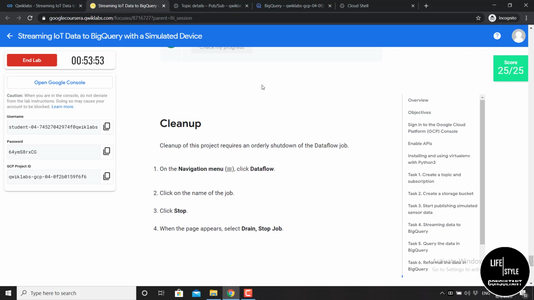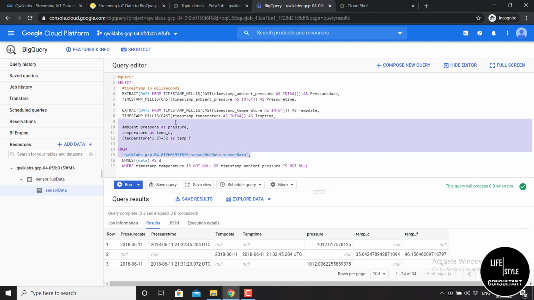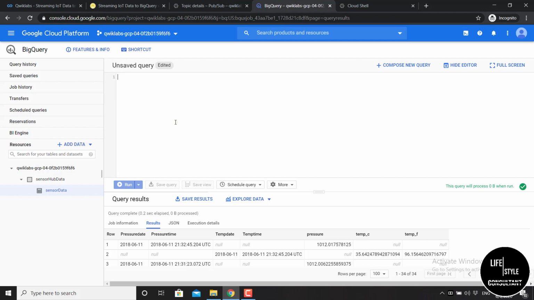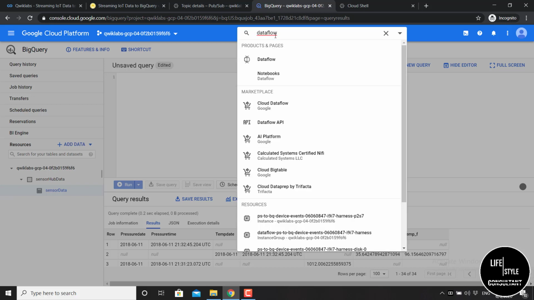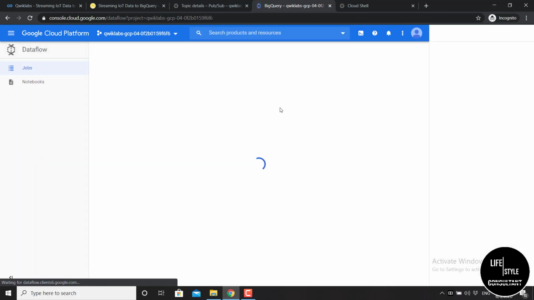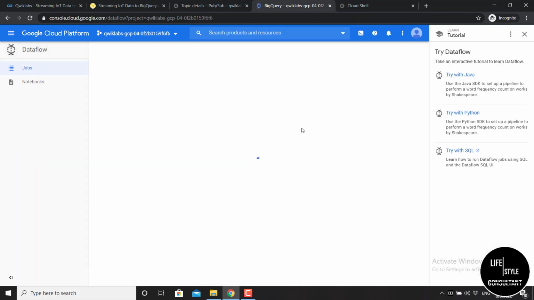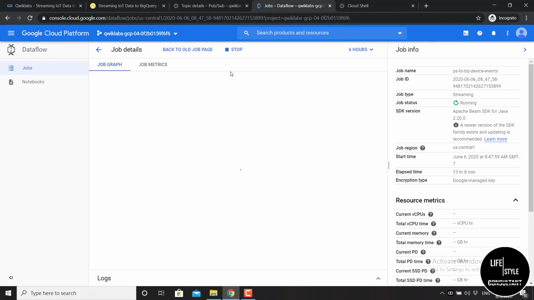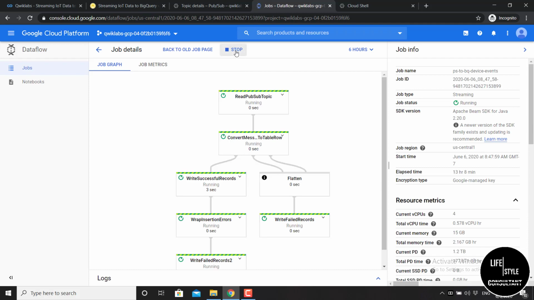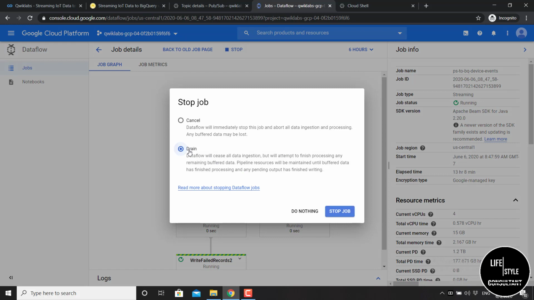Now you have to clean up all this. Just select Ctrl+A, then clean up. Then search here for Dataflow. Okay, click here, Dataflow. Then click here. Then you need to stop the Dataflow job. Just click here, stop. Then click here, drain.